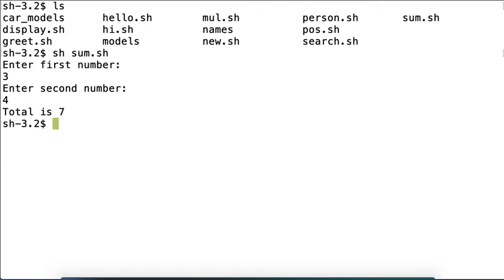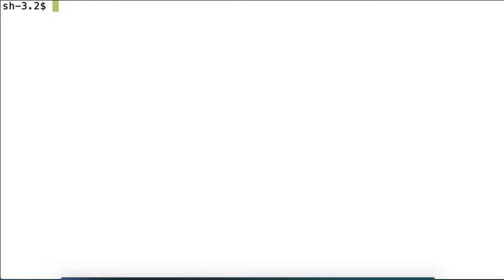So hope you are able to do that. Now I will try to create a script which will take the numbers in the arguments and calculate the total, or the sum, and display it to the user. Let's do that. We already had a script called sum.sh, so I'm creating a totally different script called total.sh. In this, arguments will now be passed from the user, so we just have to use a variable sum equals,